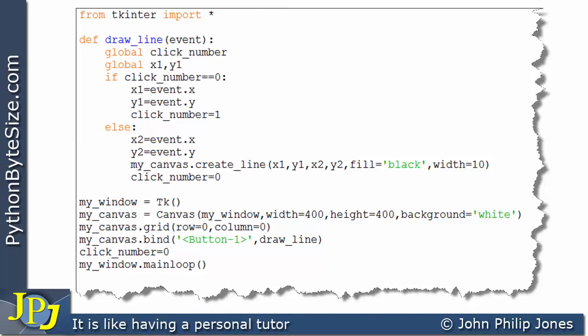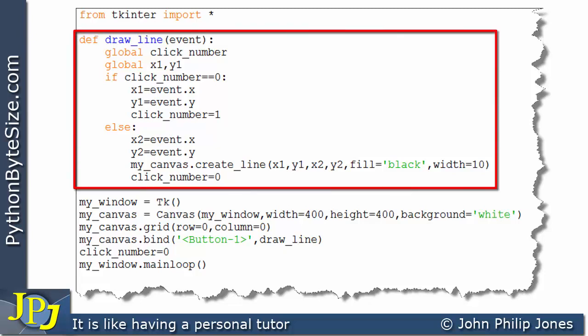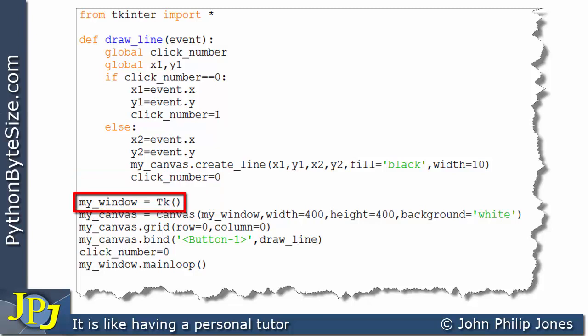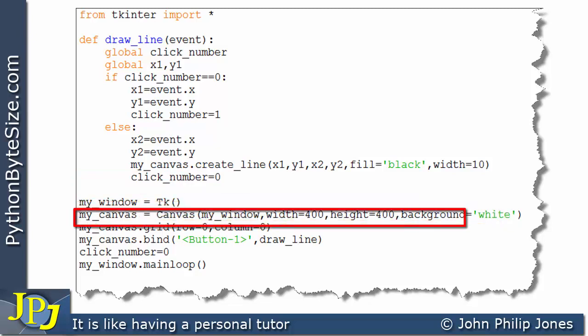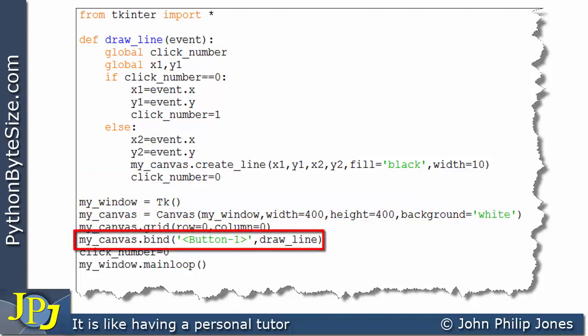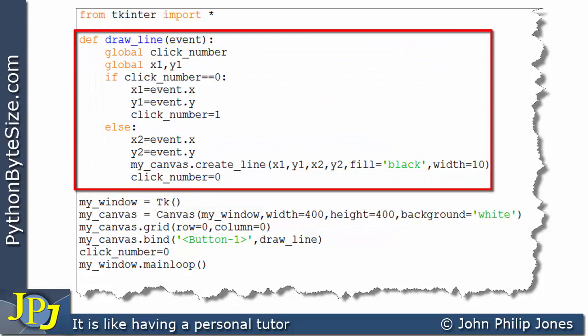The application that you've just seen was covered in the last video, and this is the program that achieved it. And you can see we have a function here, and if we come down here, we create a window, we create a canvas, we position the canvas. This will bind the left mouse click event to this function, which is this function here, and then we enter